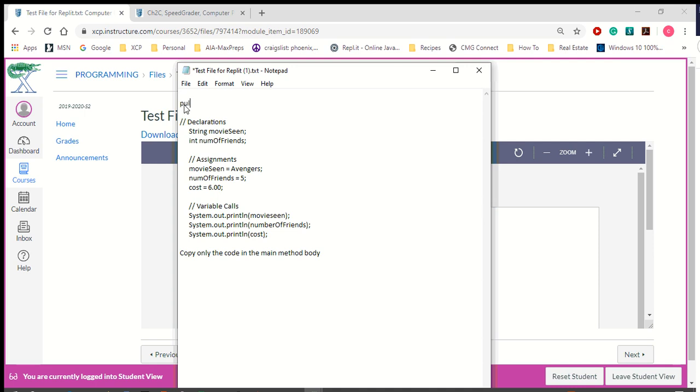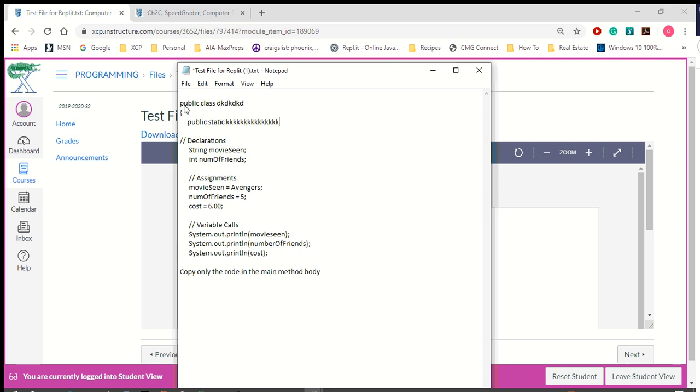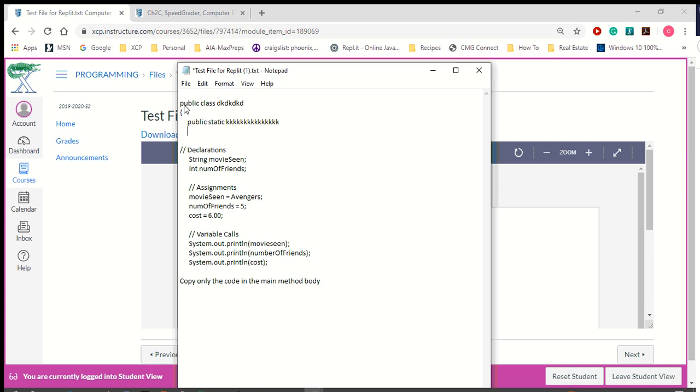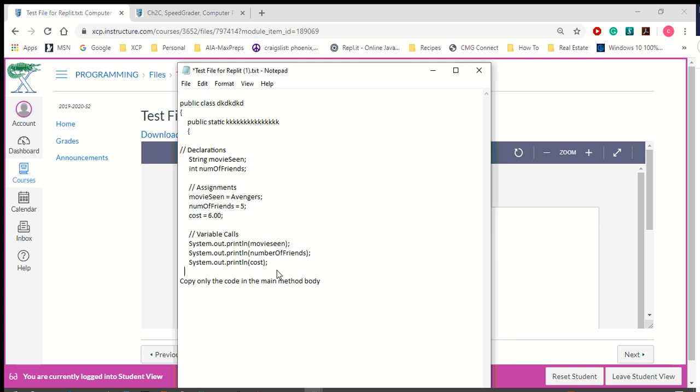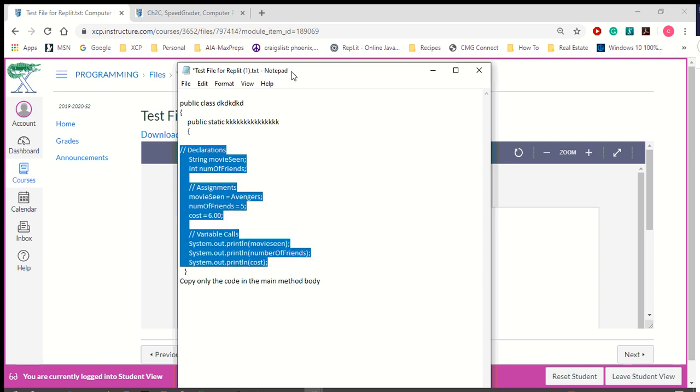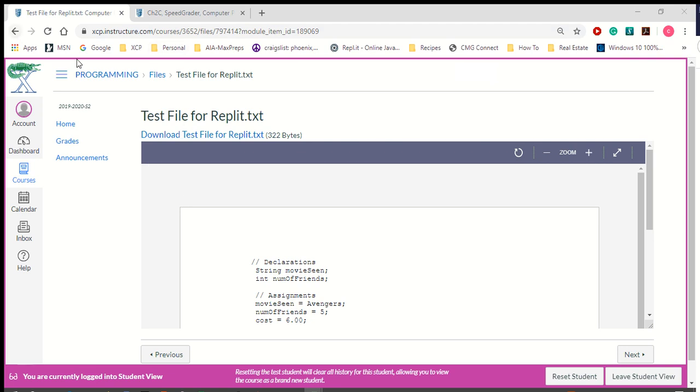Maybe you're going to have public static, no, it's not static, public class blah blah blah, and then it'll have this curly brace here, and it'll have public static and the main method header, and then it'll have the opening brace for that. And so what you'll want to do is make sure to only select the code that's inside the body of the main method, in between its two curly braces. So let's assume I've got a curly brace over here, and so you would only select the stuff between the curly braces. So you would copy that, and then when you go over here to the